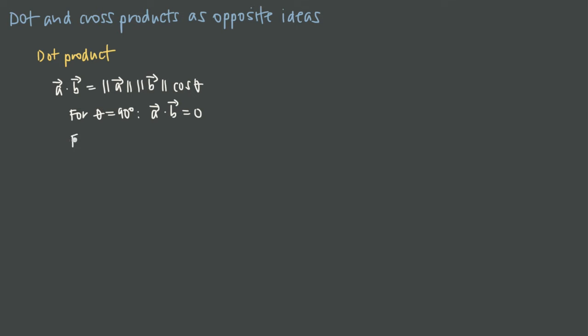If we look at theta equals 0 degrees, in that instance, the vectors would point in exactly the same direction, because if they're pointing in the same direction, the angle between them is going to be 0. When we plug 0 degrees into this formula, cosine of 0 is 1, which means the dot product really just simplifies down to the product of the lengths of the vectors. So the product of the length of A and the length of B. And if we choose theta equals 180 degrees, that means the vectors point in exactly